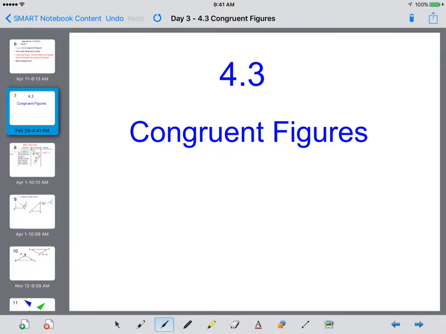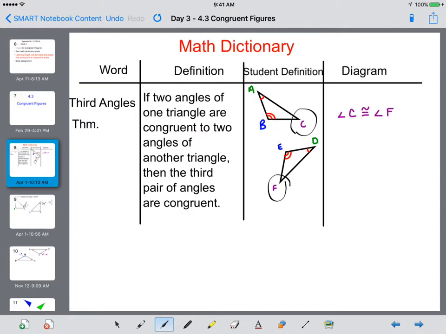Welcome to this lesson discussing congruent figures. The first word we're going to pop in our math dictionary is third angles theorem. If two angles of one triangle are congruent to two angles of another triangle, then the third pair of angles